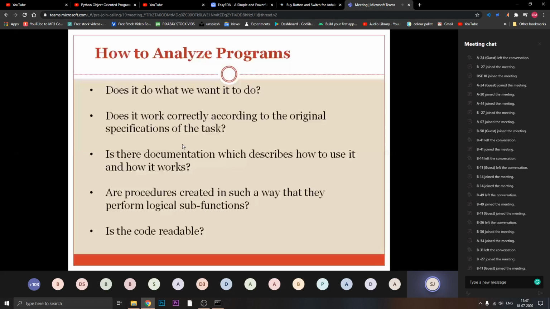In that you can see how, if suppose there is a 10 line program, it will get divided into two sub functions or two sub parts. Okay, so you can analyze how exactly each part performs the work.